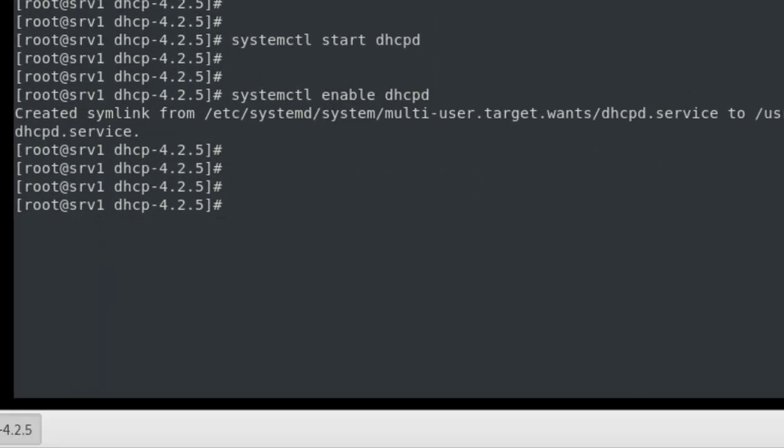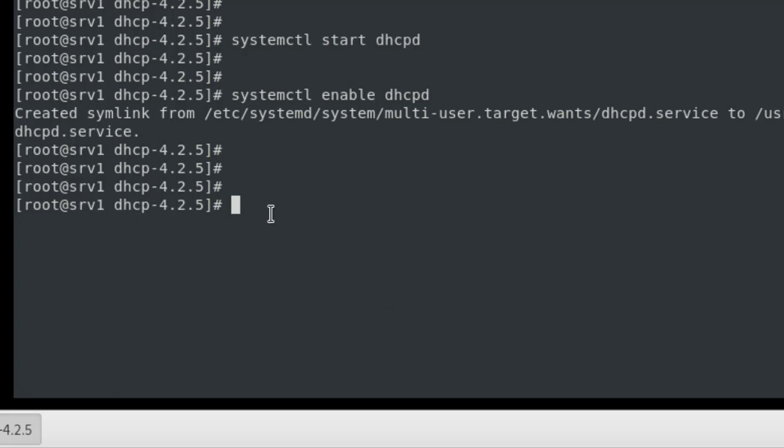Now we need to create a firewall port. We need to add ports for DHCP. Either you can add the service, or you can add the port directly. So I'm going to add the port, and the port will be DHCP 67.